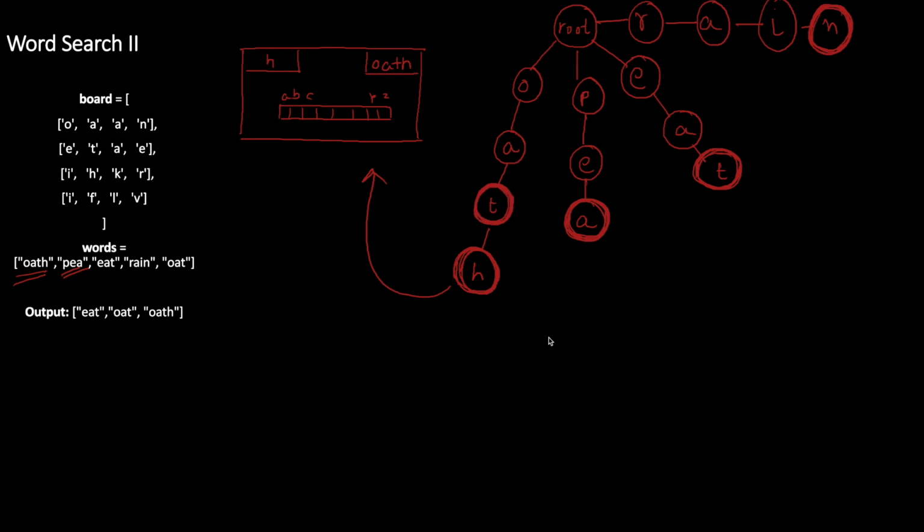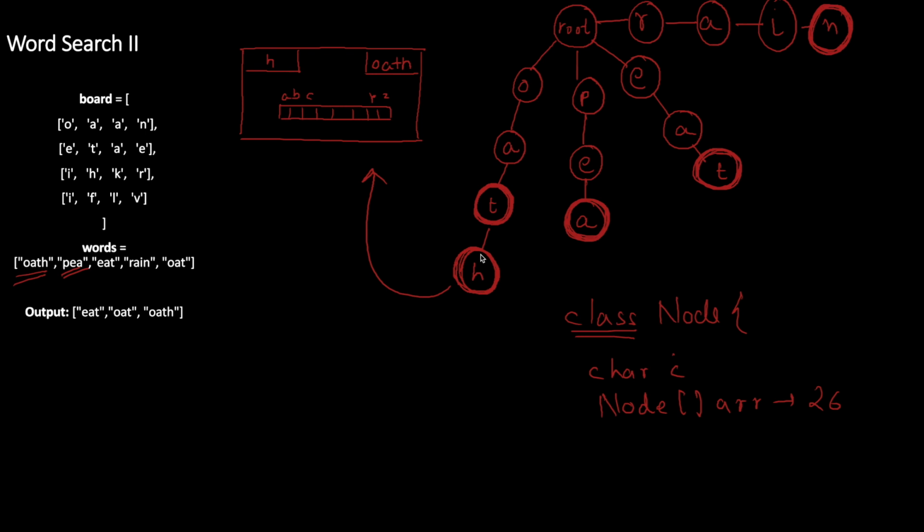Now if you see carefully over here, if I draw a class for this trie node, what is this class going to have? The first thing it's going to have is the current character C, correct? Because each node is having a character. Now these nodes are connected to other nodes, and each node can be connected to only 26 other nodes. Why 26? Because there are only 26 letters from A to Z. So after O, only 26 letters can come. So it will have an array of node, and this array is going to be of size 26.